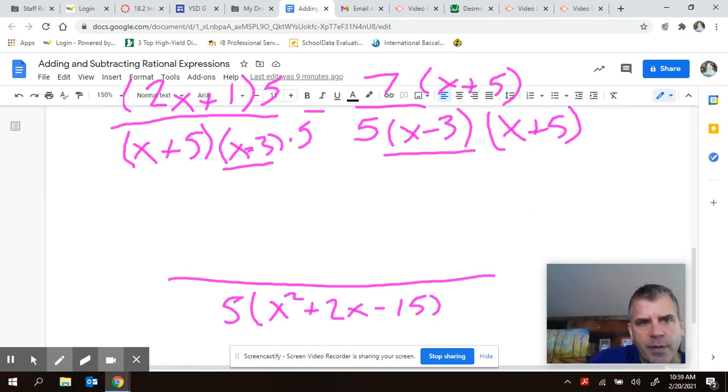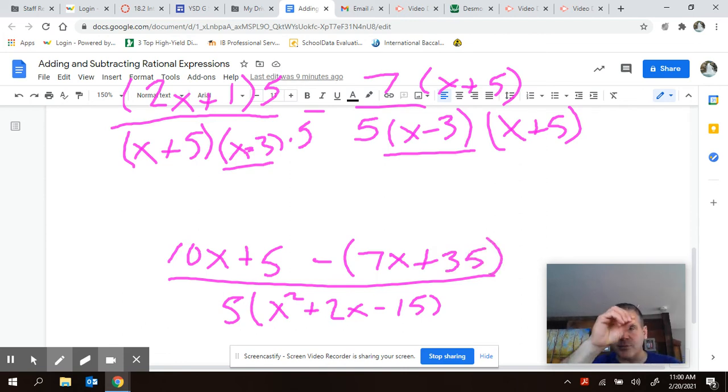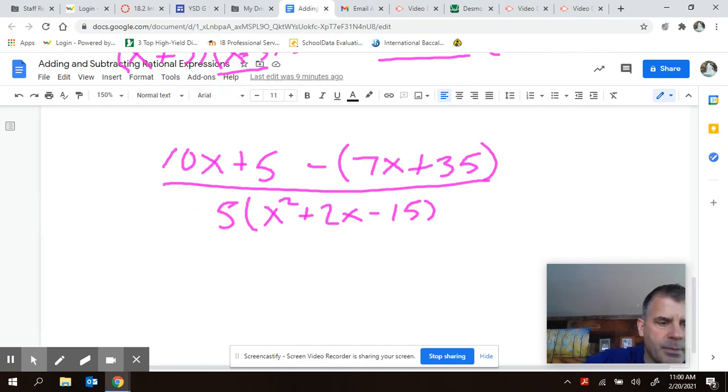So in that first one there, I'm going to multiply the 5 through. I'm going to take the 5 times the 2x. That's going to give me that 10x plus 5. Careful here. You've got a minus between them. So if I were you, I would write parentheses for the second part because you know when you multiply 7 times x plus 5, you get this, but all of it is being subtracted away from the 10x plus 5. All right, moving on. This simplifies into